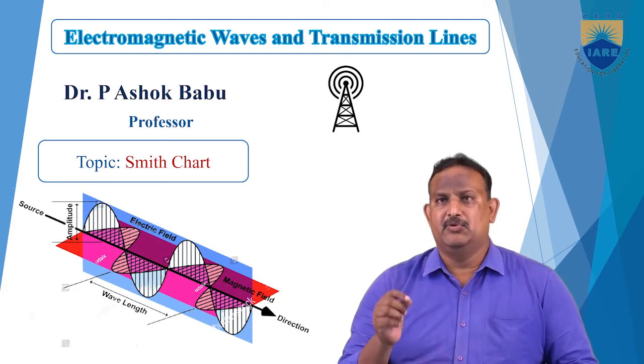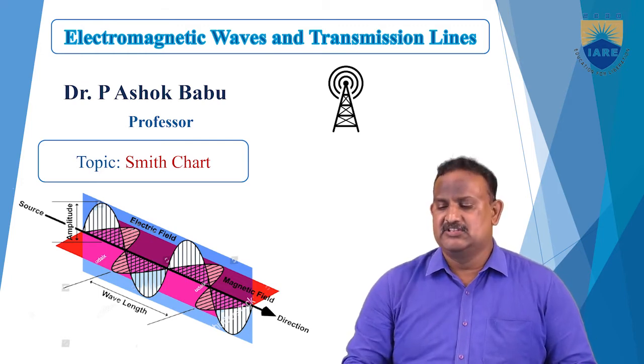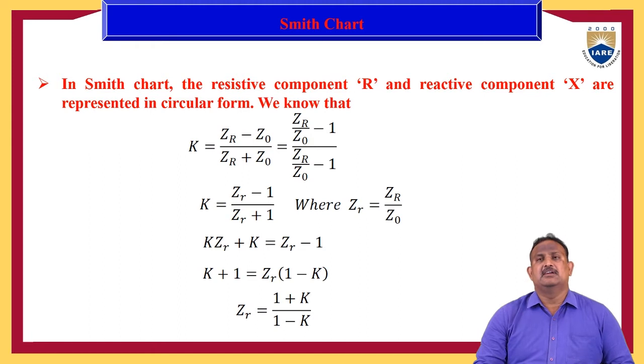In this video, I am going to discuss the Smith chart, its applications and advantages. The Smith chart is a graphical representation of various parameters. By using this graphical representation, we can find the impedance, admittance, and the remaining parameters. Also, we can find single stub matching and double stub matching by using the voltage standing wave ratio and current standing wave ratio. Anyone can find these by using the Smith chart. So it is a graphical representation of all the parameters.